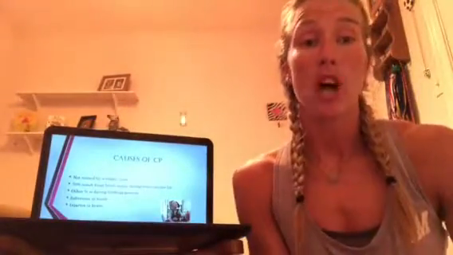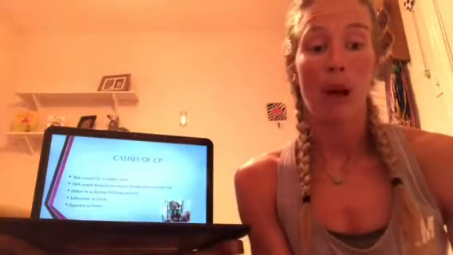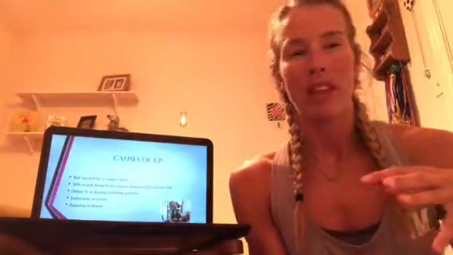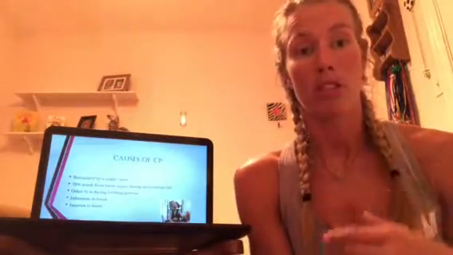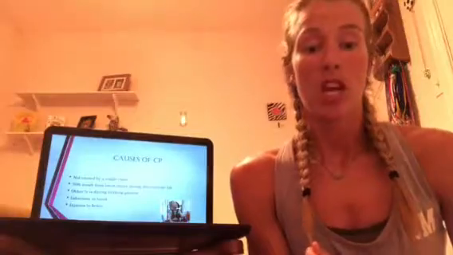The causes of cerebral palsy. This is caused by damage to one or more areas of your brain. There's not only one certain cause or one problem. People normally think it's with your muscles because their motor skills are not equivalent to those who do not have cerebral palsy, but it is not caused by problems with the muscle, but instead the damage to the motor areas in your brain.